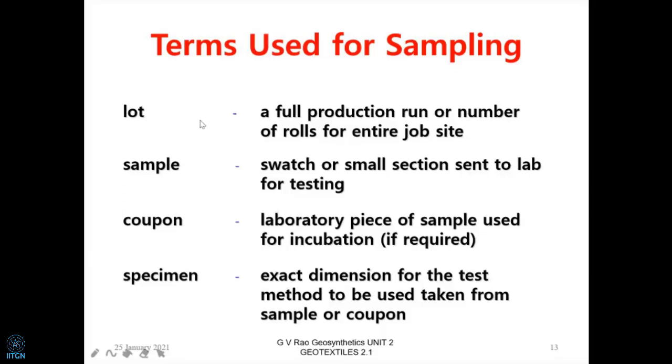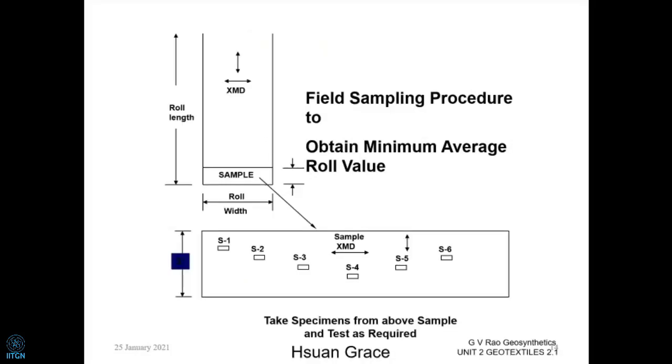So from a lot, we are going to identify the number of rows required statistically, and from these rows that are prescribed, we pick up samples, and from these samples, we are going to obtain specimens. Now, how many specimens are going to be tested? I can just tell you offhand that if you want to find out the wide strip tensile strength of a roll, we are going to conduct at least 10 tests. That means we are going to have 10 specimens from that. It will tell you what the testing numbers are. In a separate class, I will tell you that.